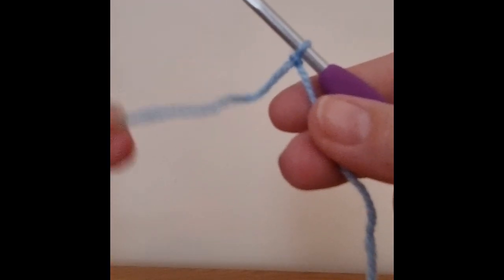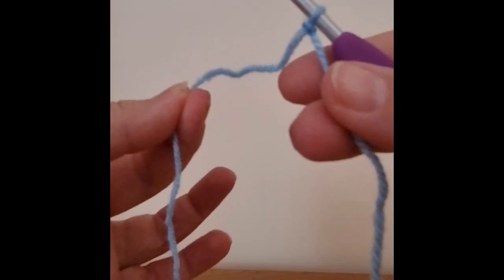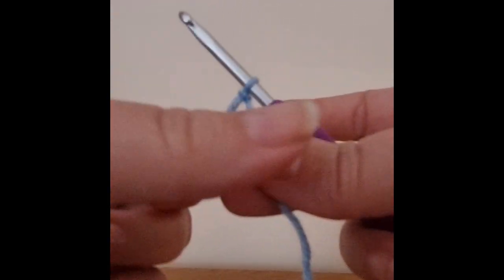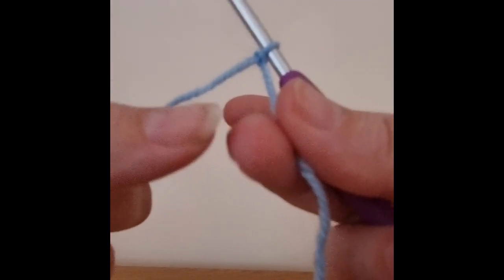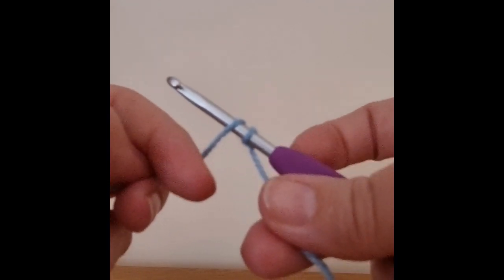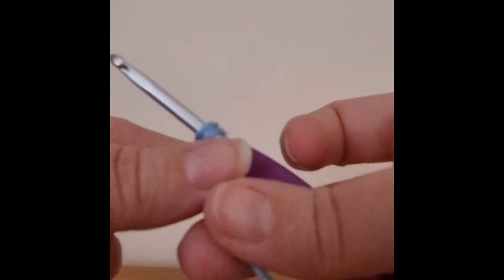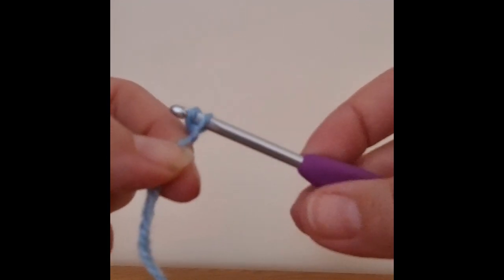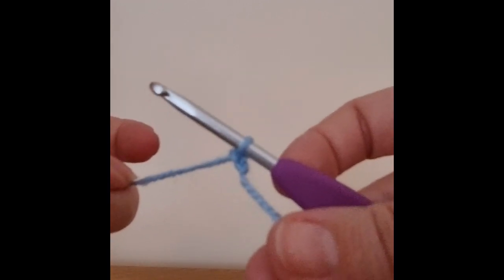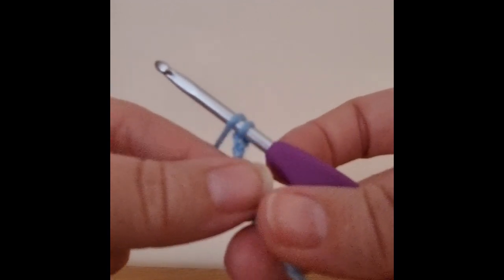I've got my working yarn on the left, in between these two fingers, my thumb and my index finger. And then I've got the tail in between my thumb and my middle finger. For a chain, I will wrap over, and then I will pass that piece here into the left, and then pull through, and then pass back. And that's one done. Wrap over, pinch here,